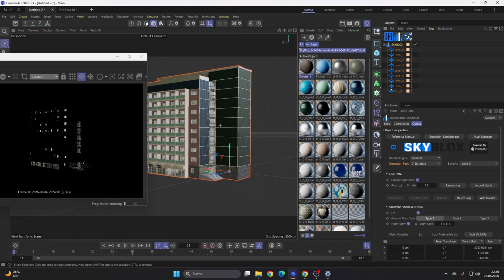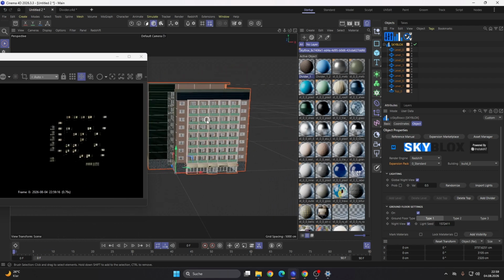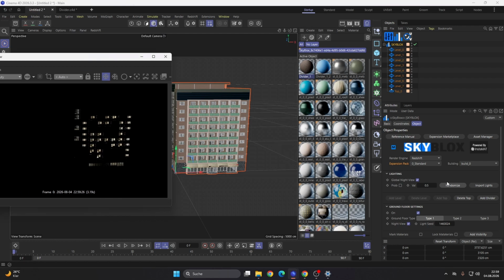Sometimes this looks cool, but sometimes too many lights are turned on, because it only has to make a decision between 1 and 0. For instance, here are too many lights, and therefore there is the probability value. If you turn on the probability, the closer the value is to 1, the more lights are turned on.